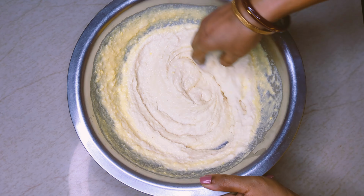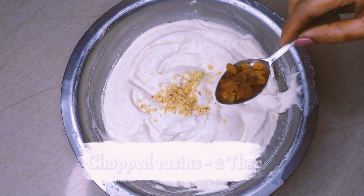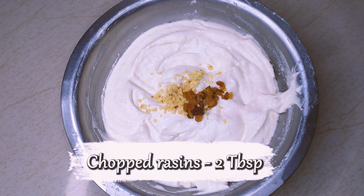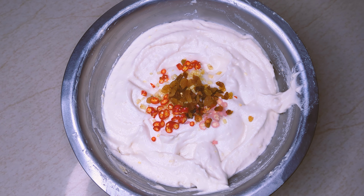Next, we will add in some flavors starting with finely chopped ginger for that warm bite, a few chopped chilies for the heat, and some raisins for a hint of sweetness in every bite. Do not add salt to the batter right now. Salt draws out the moisture and we don't want to undo all the hard work we just did by adding it to